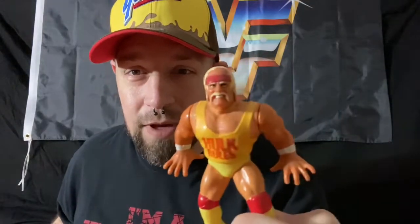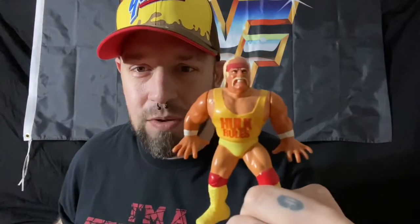This is actually one I bought to update in my personal collection because my action doesn't work. He doesn't slam anymore. But they did guys like Hulk Hogan, with rips in the shirt, your famous Hogan poses and what he's known for. On the flip side of that, you had other guys like Razor Ramon, who had removable accessories. A lot of these, like I said, I don't want to delve too much into this, but they used a lot of the same body parts,